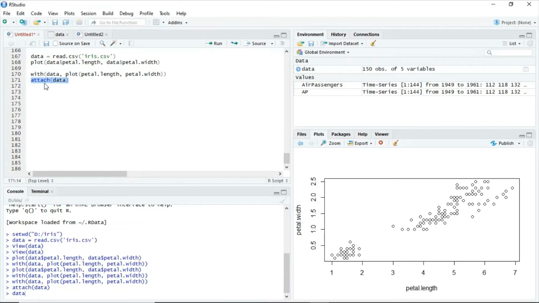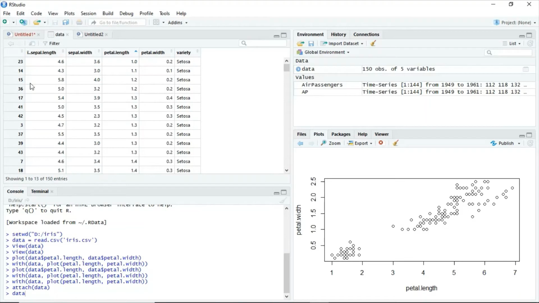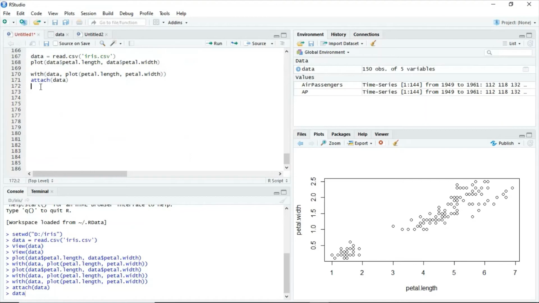So how can we write the attach function? The rule is you just write the function name and then the variable or object name in which we have the data file. But what is the utility of this attach function? We have to understand. In simple words, the attach function is used whenever we want to use some specific column. This is our data set. In this data set, I don't need all the columns. I need two columns, say petal length and petal width. At this point of time, we have to use the attach function.